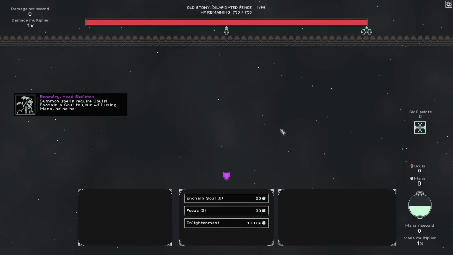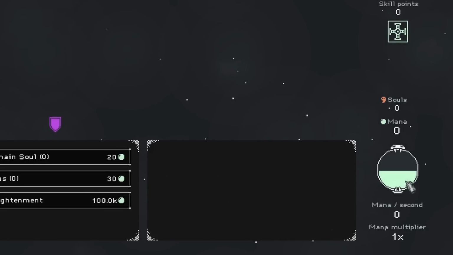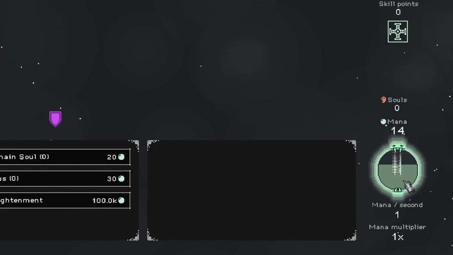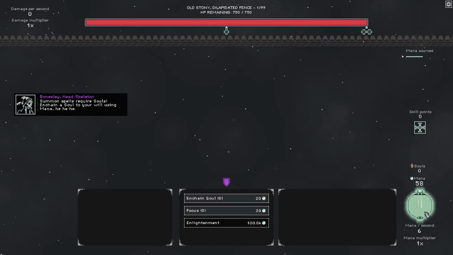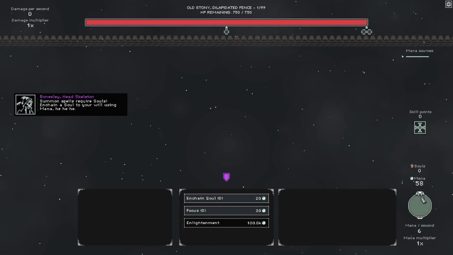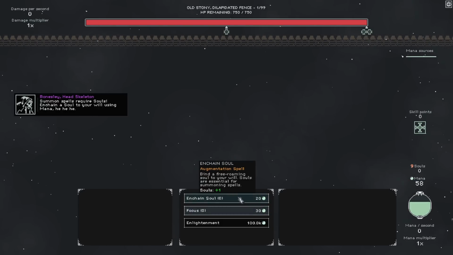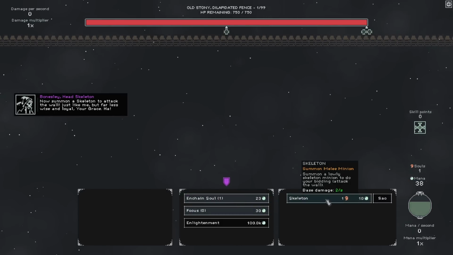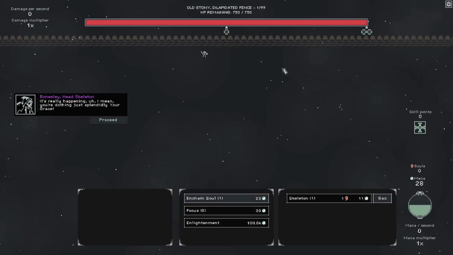So today we're going to be raising an army that'll help us reach paradise. First we've got to collect some mana with our orb over here. We just hold this down and then it increases the mana collection rate, but we can't tap it over because that's bad things. But we get 58 mana here, and then we enchain a soul, which allows us to summon a skeleton. And then the skeleton is just gonna march right up to this wall up here and start chopping